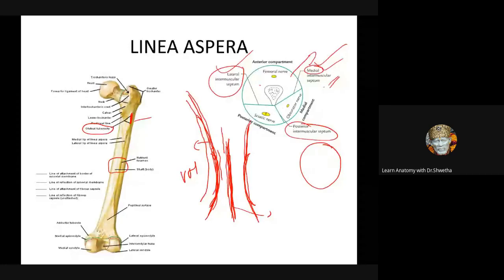Now, between posterior intermuscular septa and this, what septa is this, students? Lateral intermuscular septa. Between this, the short head of biceps femoris is attached. Can you remember which nerve supplies the short head of biceps femoris? We've already discussed. Common peroneal nerve. Excellent. Lateral to the lateral intermuscular septa is the vastus lateralis. Very simple. We will discuss it once again during the MCQ.